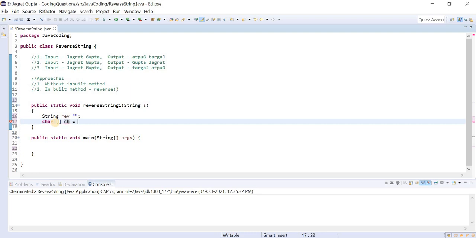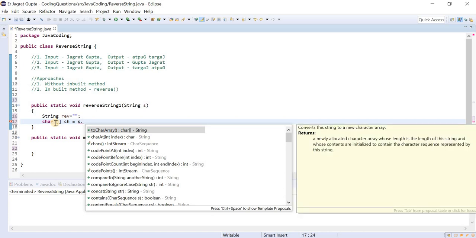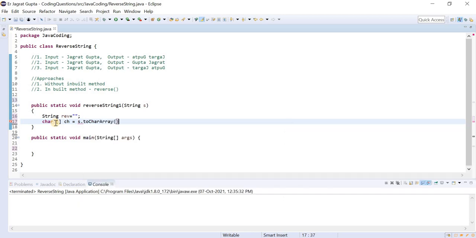What will be the method for it? This is the toCharArray method. It converts this string to a new character array. This is the first concept that you need to remember, how we can convert our string into a character array.